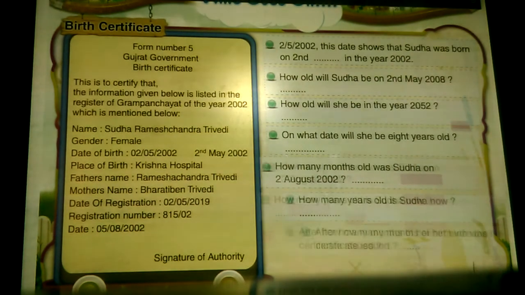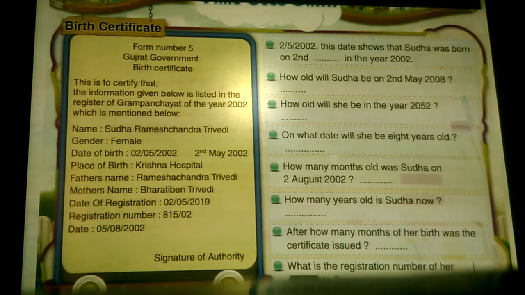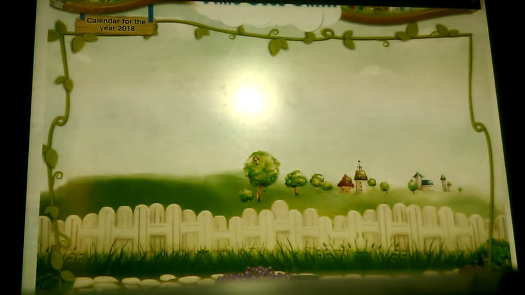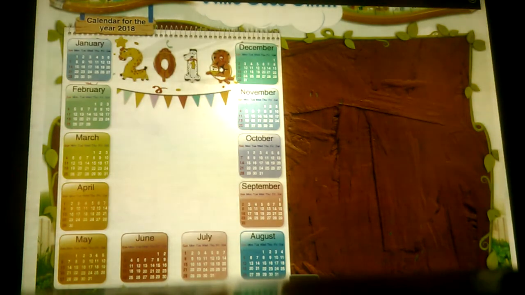Birth certificate. Sudha's birth certificate is shown here. Using the given information, try to calendar for the year 2018. Let us look at the